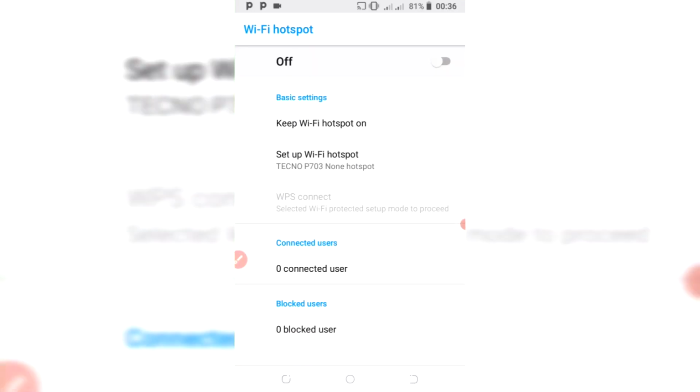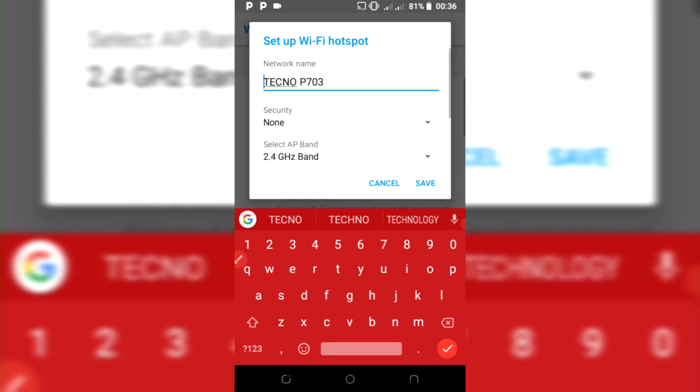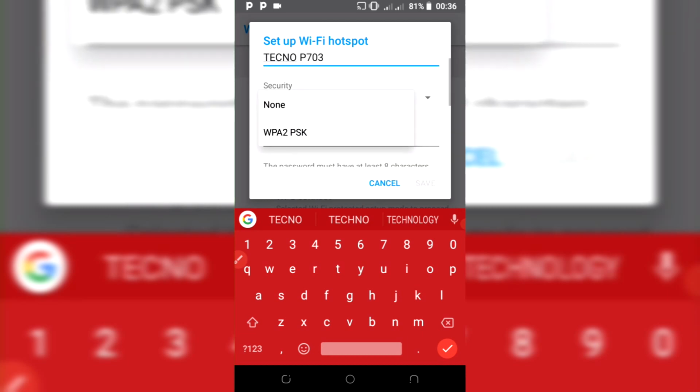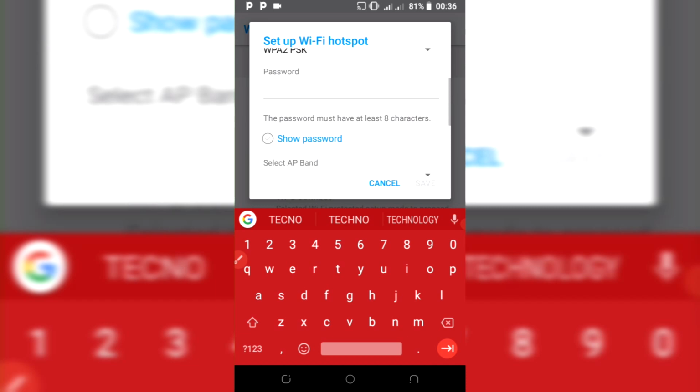So we click here, and as you can see, our Wi-Fi is off. Then we're going to turn it on. So we're going to tap here first, then see if the security type that we have here is WPA2. So that's the type that we have. And then of course the password,